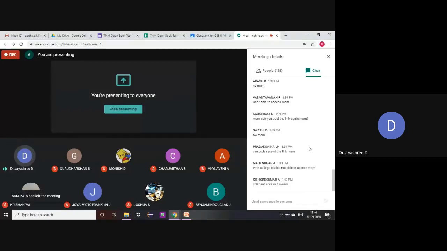That Gmail ID has to be used, ritchennai.edu.in. Check whether your default is the college mail ID. Sometimes it would ask whether you want to maintain this mail ID or switch to some other mail ID. So please check whether the mail ID is your college mail ID.